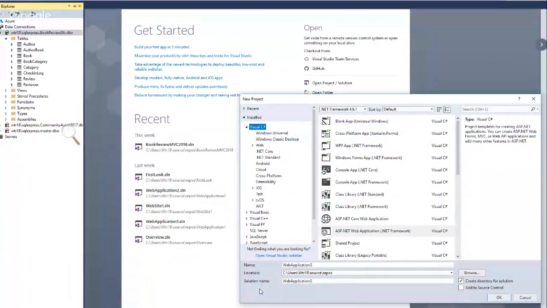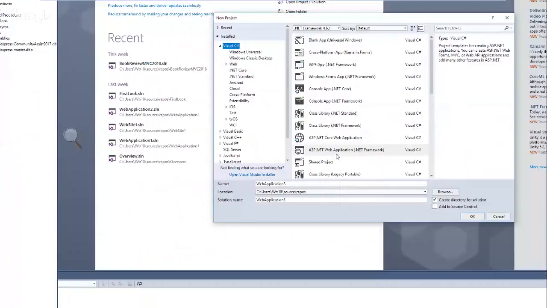So I'm going to do the ASP.NET web application. I need to give this a new name since I'm doing it. So my last name was Book Review MVC 2018. How do you get back to the start? I lost the start. If you don't have the start, you can do view, oh, okay, start. So I'm going to call this one Book Review